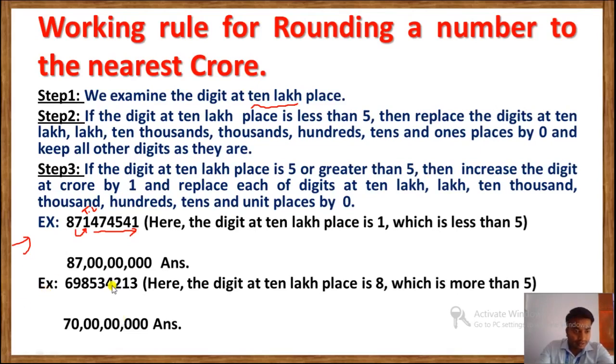Now see another example. So ones, tens, 100, 1000, 10,000, lakh, 10 lakh. We have 8 in the 10 lakh place, which is more than 5. So what we have to do? We have to increase this 9 by 1. The number which is in the crore place, that we have to increase by 1. When we add 1 here,